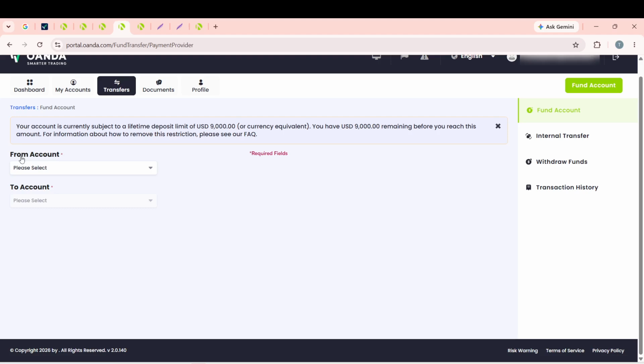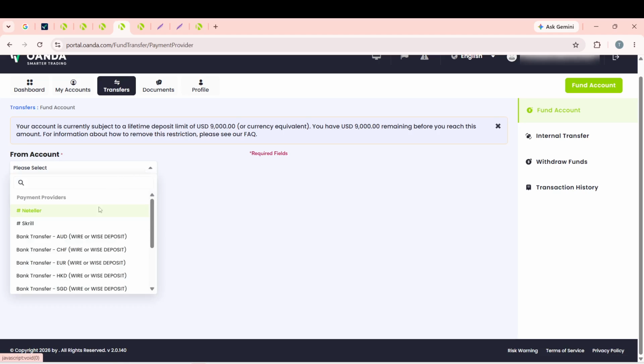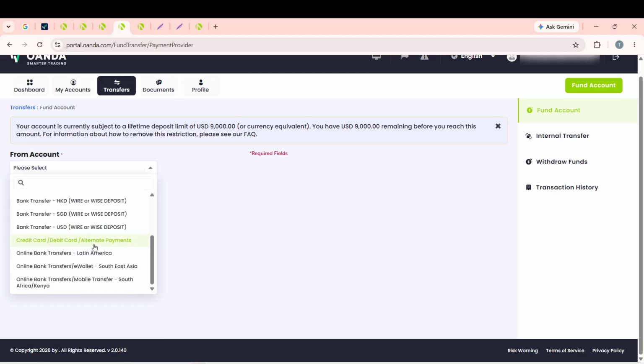Now, let's focus on boosting your account equity. Use an instant deposit method such as a debit card or PayPal. These methods are quick and efficient, allowing you to increase your net cash balance swiftly. By doing this, you lower your margin utilization percent, which frees up more margin space for trading. This step is crucial for those looking to optimize their trading strategy.